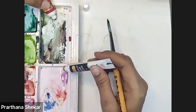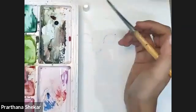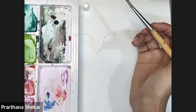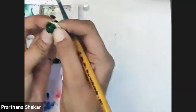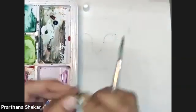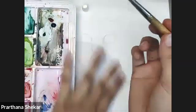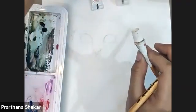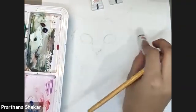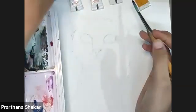For the mixing, use both the colors. And also a touch of sap green color in a very small quantity. Take this sap green color, a little bit of sap green, as you can see here in my palette. So first we'll start with the ear. Also have yellow ochre. Keep your yellow ochre ready. So I'll keep all the colors here. Brown, yellow ochre and sap green. Okay, and then